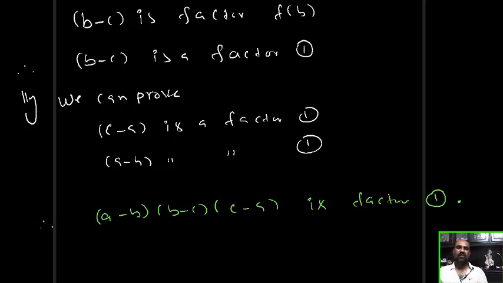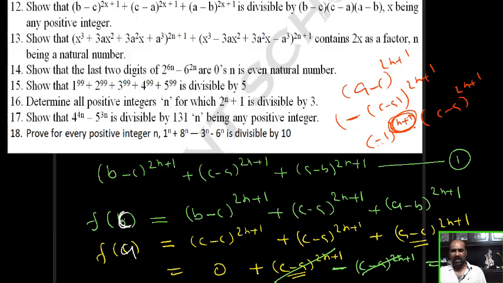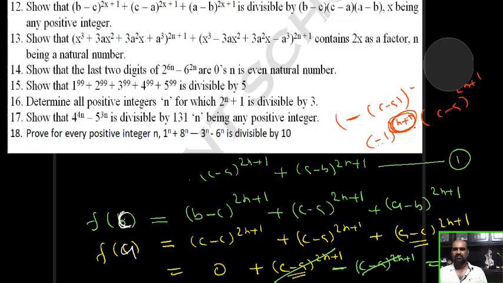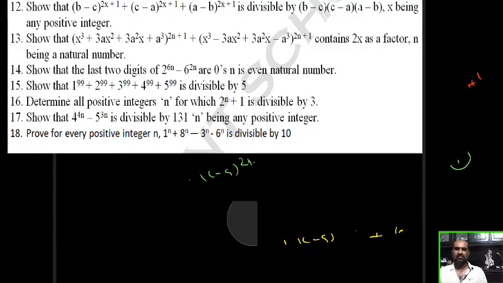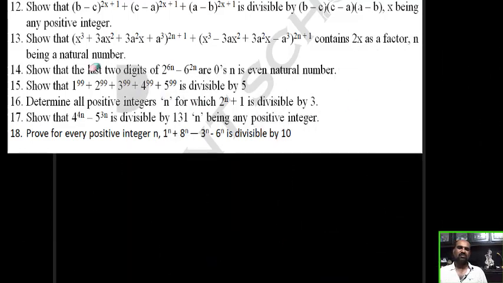This is only one proof. So this is one of the ways to solve the problem. Don't think that this is the only way to solve the problem. Not correct. Several ways you can solve. Actually, this is a cyclic expression. After proving b minus c is one of the factors, automatically the remaining factors you can also write cyclically. Or another concept. For example, several ways you can solve this problem.